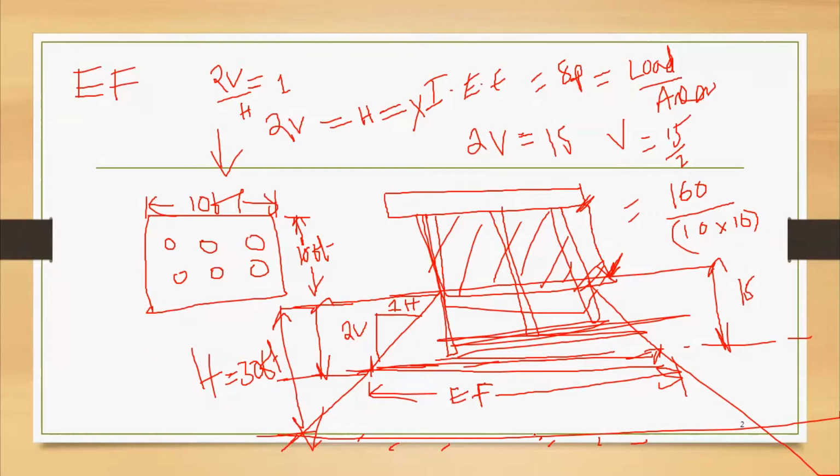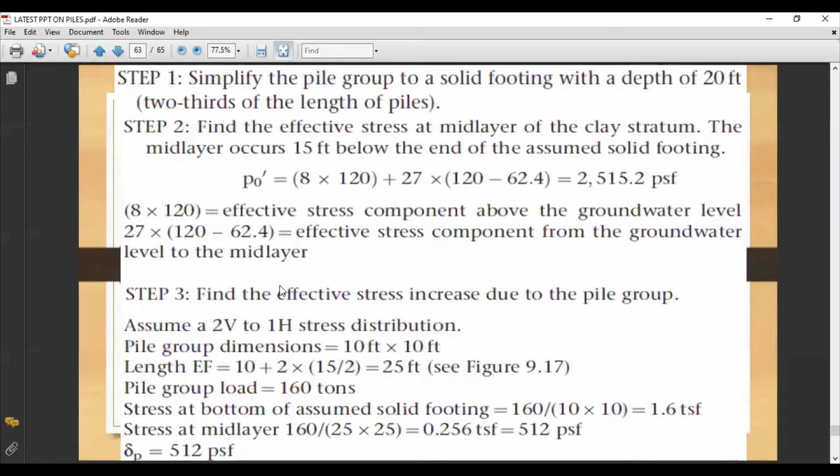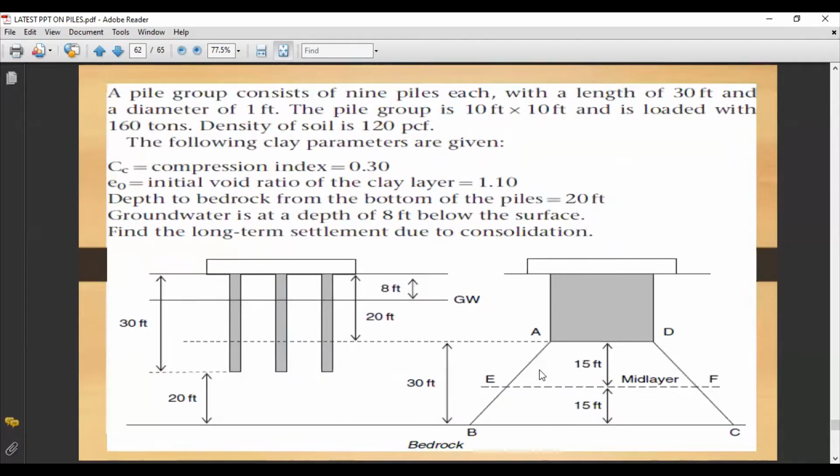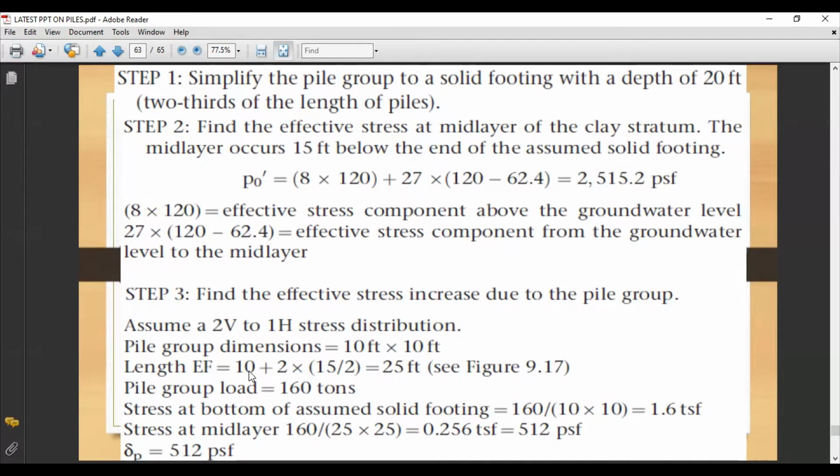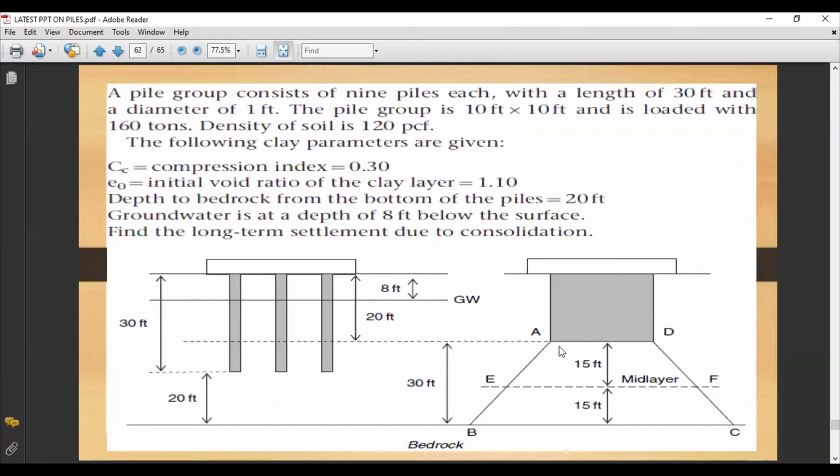Just keep this calculation aside. Now I am going back to the actual original calculation. My apologies, because I don't have the PPT slide here. So you see the length EF is equal to, what is the horizontal length here? Let me explain like this. This is vertical. What is the horizontal here? 10. So how can you calculate this EF? This 10 is the basic dimension.